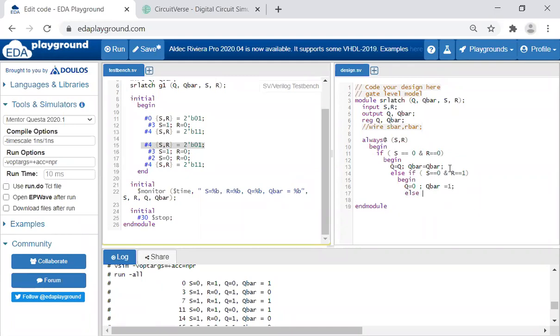Again I can give else if. What is the next combination in the truth table? S equal to 1 and R equal to 0. If S is equal to 1 and R is equal to 0, Q will be equal to 1 and Q bar will be equal to 0.